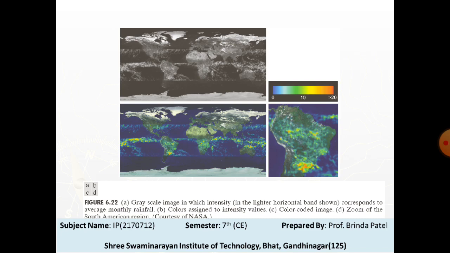Such an intensity image is shown in this figure, where the area monitored by the satellite is the slightly lighter horizontal band in the middle 1/3 of the picture. In this particular example, the rainfall values are average monthly values over a 3-year period. Examining this picture of rainfall patterns is quite difficult, if not impossible.